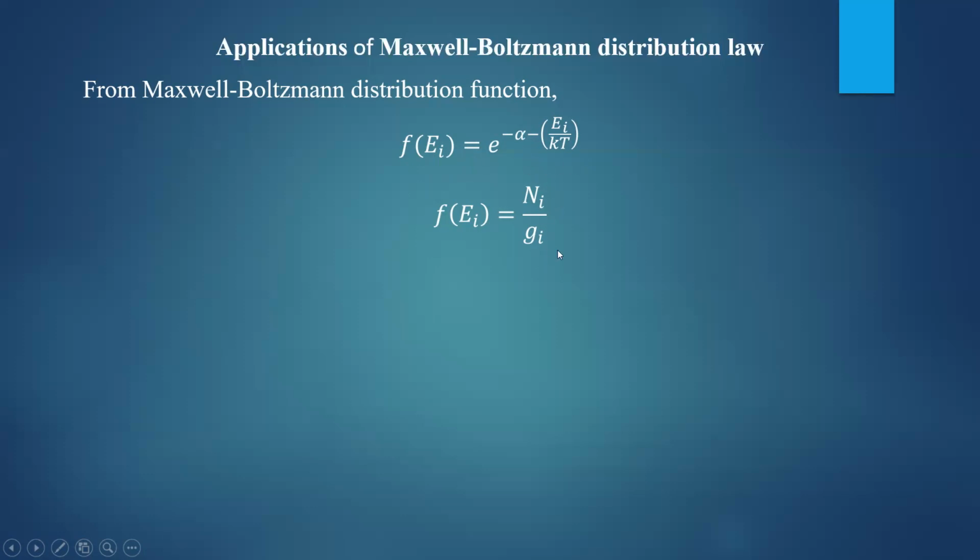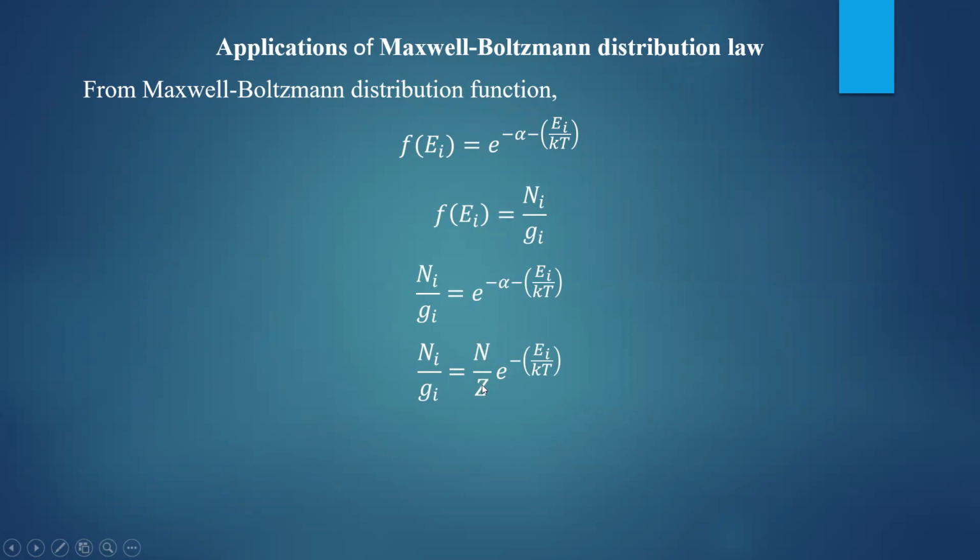Now compare these two. What do you get? You will get ni by gi is equal to e to the power minus alpha minus Ei by kT. So the ratio of the number of particles to available states is equal to e to the power minus alpha minus Ei by kT. Now I will express this e to the power minus alpha as N by Z, and we call Z